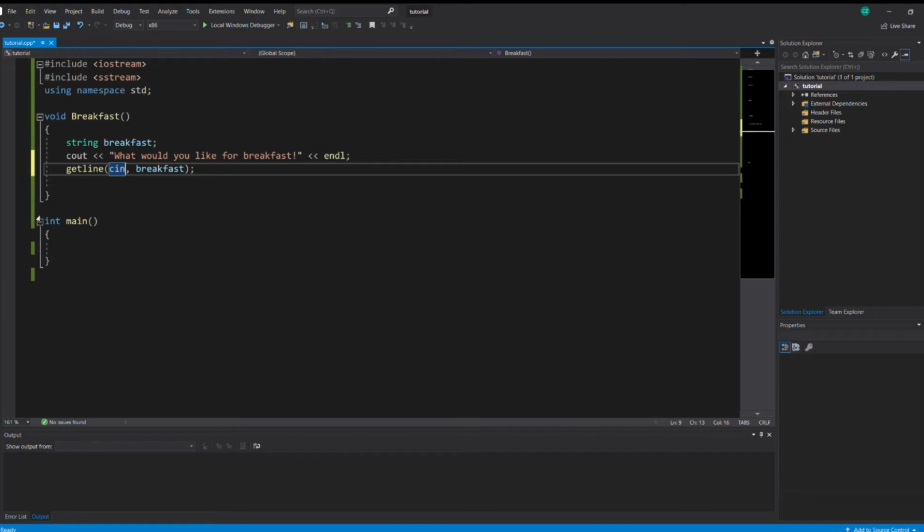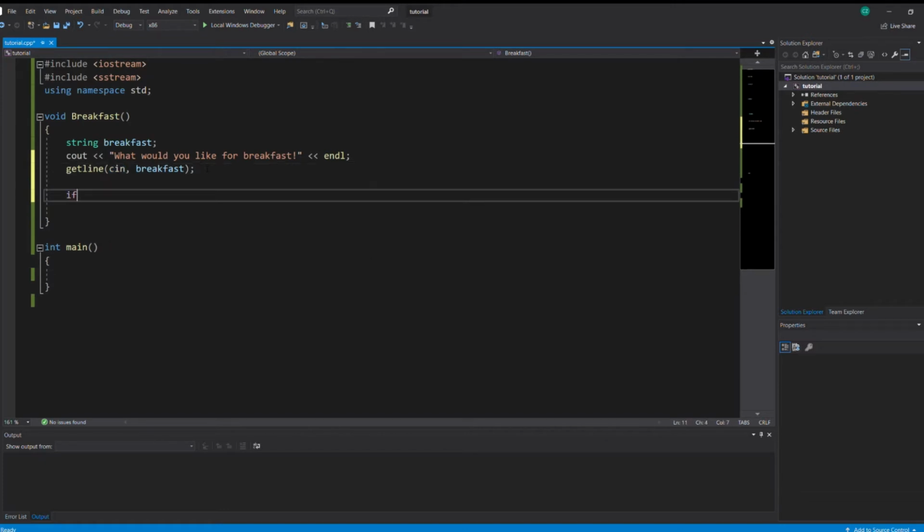Well, now we have gotten the input from the user and stored it in the breakfast variable. Now we should do some logic on that, some sort of an if-then-else. Okay, let's do that. Alright, if. Now we need to know what they put down. So, let's say if breakfast is compared to eggs,